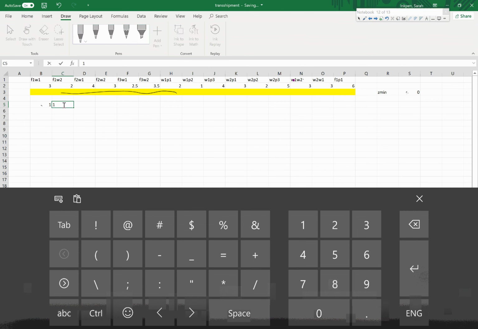And then all the way to the end. And those must be less than or equal to,